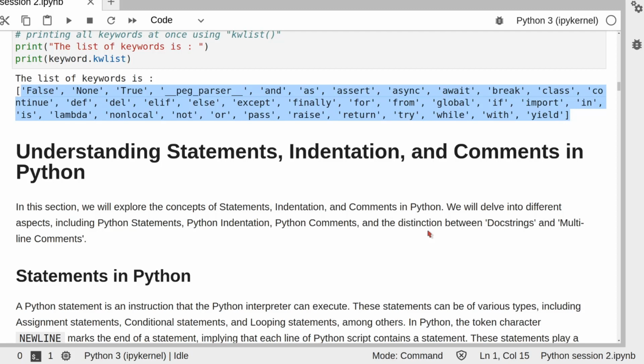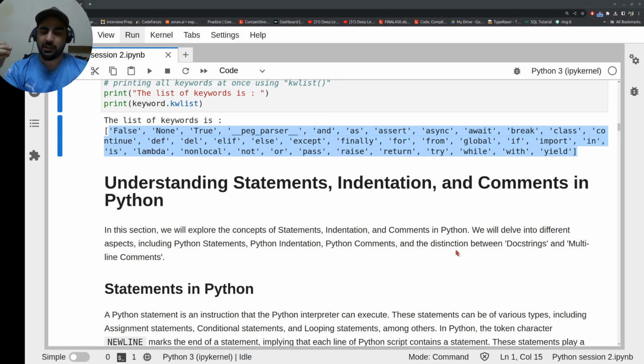Now we'll go to indentation. If somebody knows what indentation is: the difference between C or C++ or Java programs and Python is that in C, C++ or Java you can write your code in a single line without any problems. It won't give errors. But Python has a restriction. You have to indent the code.